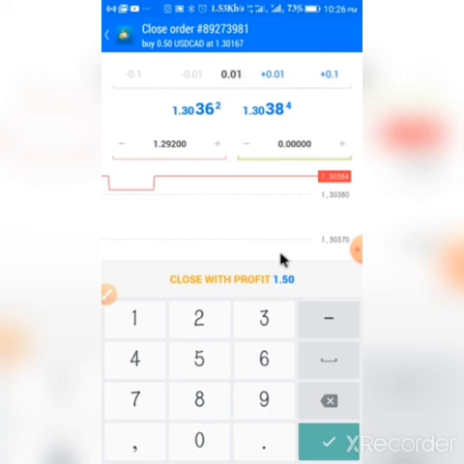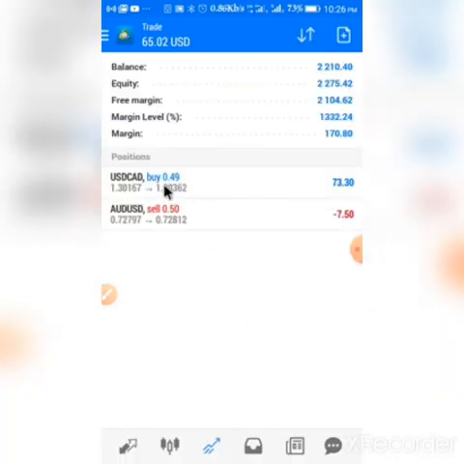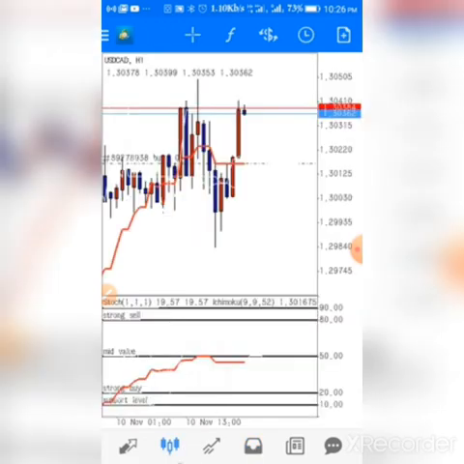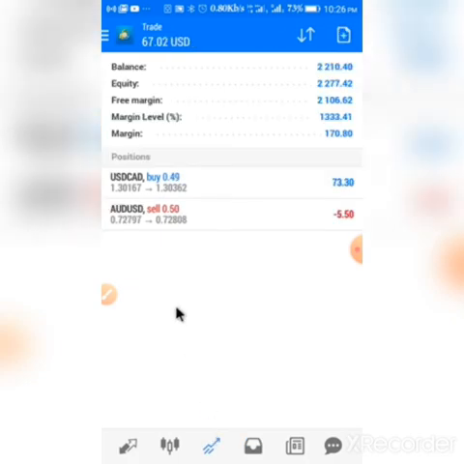Okay, I close with profit. Notice that the lot size is no longer 0.50, it's 0.49. And if you come here, you see that trade I just closed in profit. USD CAD buy 0.01, and I closed the trade with $1.50. Okay, so you can actually close the trade that is in profit, but the trade will still be running. We call it taking partial profit. Okay, so